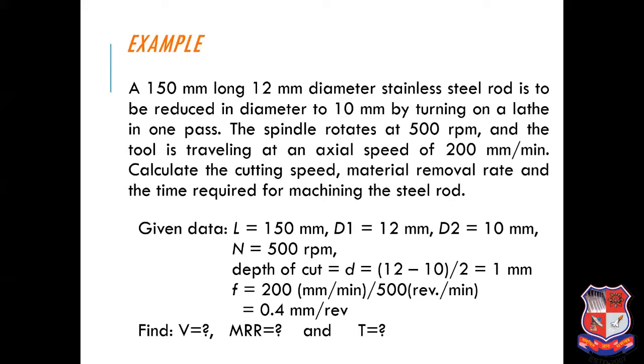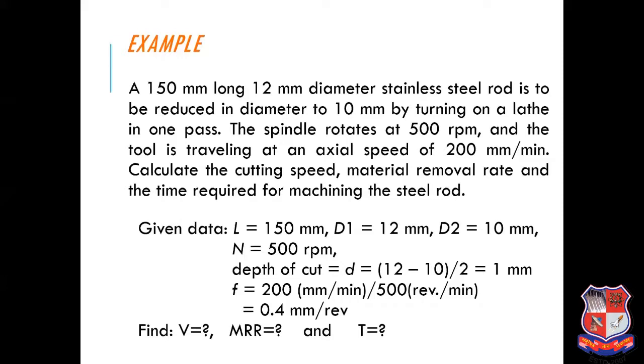So a 150 mm long, 12 mm diameter stainless steel rod is to be reduced in diameter to 10 mm by turning on a lathe in one pass. So the initial diameter is given 12 mm and we have to reduce it to 10 mm in one pass. The length is given 150 mm. So L will become 150 mm, D1 is equal to 12 mm, D2 is equal to 10 mm. The spindle rotates at 500 rpm. So N is given 500 rpm